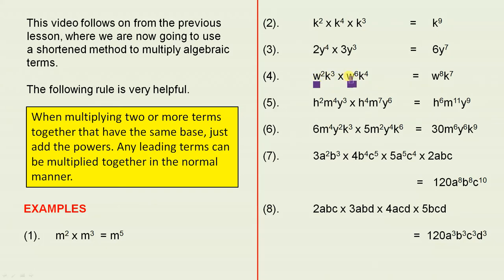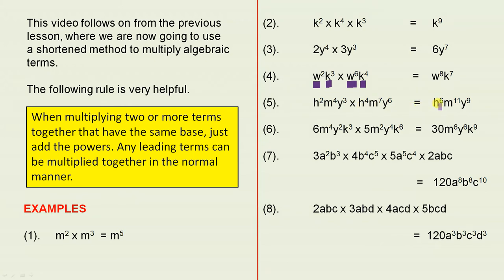So they have the same base. So that gives you w to the power of 8, because 2 plus 6 is 8. With k you have k to the power of 3 and k to the power of 4. Each base is the same, so 3 plus 4 is 7. So that's the answer. In a similar manner, let's look at h squared times h to the power of 4